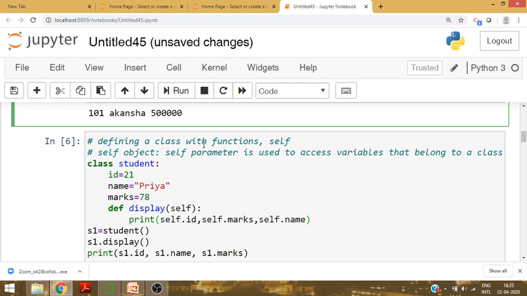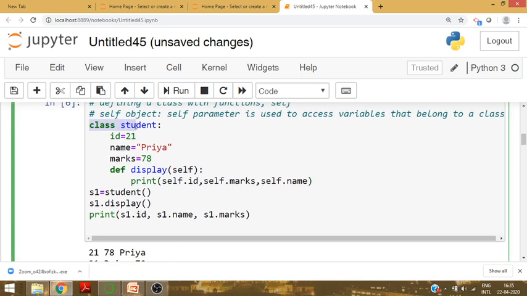Class with function. Suppose the name of the class is student, data members are id, name, marks. We add here a function. How to write a function in Python? By using the def keyword, the name of the function, and by default the first parameter of any function inside a class is self.